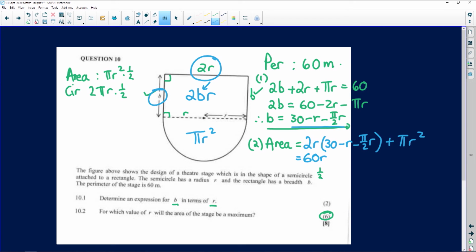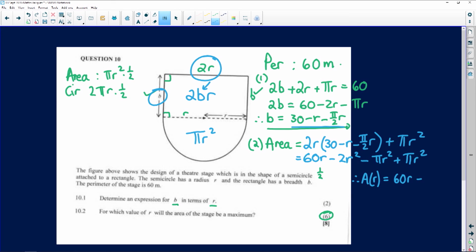The 2R times that gives us minus 2R squared. The 2R multiplied by minus pi over 2 R is minus pi r squared. Check yourself. It's an r times an r, which gives you r squared. The 2's cancel, so you have minus pi r squared plus pi r squared, so that component disappears completely. Okay, so what are we left with? We're left with our area in terms of r, which is